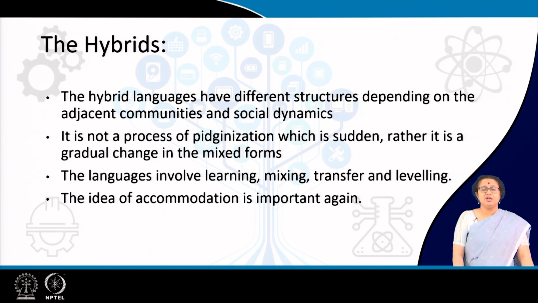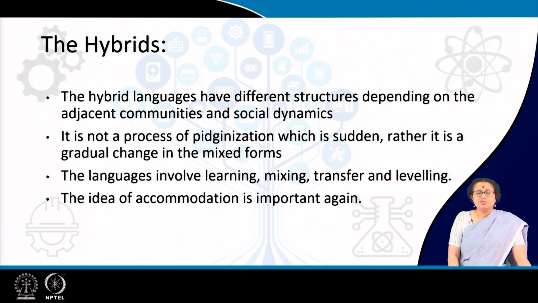For example, if one target language is a dominant language, the hybrid will be basically taking features from the dominant language. And as I have already told you, this process of hybridization is not a random or sudden one, rather it is a gradual change. For years this change will take place, for years these communities will stay with each other. Maybe there was one migration that took place once upon a time, but now the communities are staying together for years, and as a result the mixed forms are being born.